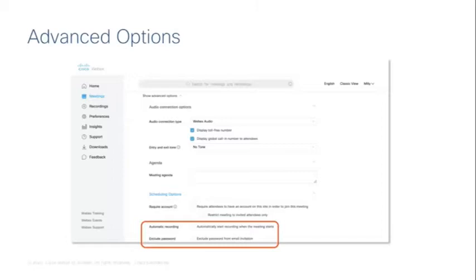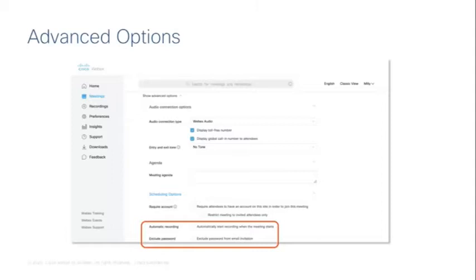So this is good if you've got people that don't have any connection to the internet. We're still making the meeting accessible to them. And the next thing to mention is at the bottom of the page, you can see it says exclude password. And you should tick that or not tick that depending on the needs of your meeting. So when you send out an invitation, it will include a link to the meeting and also a password. So once these are sent together, anyone with that email will have access to the meeting. If they click the link, they'll have the password.